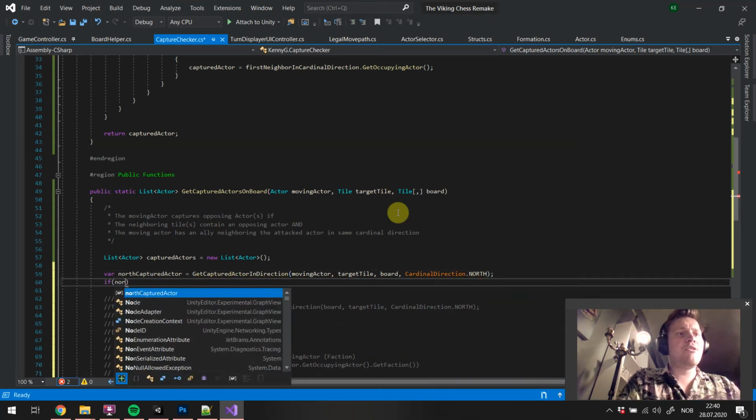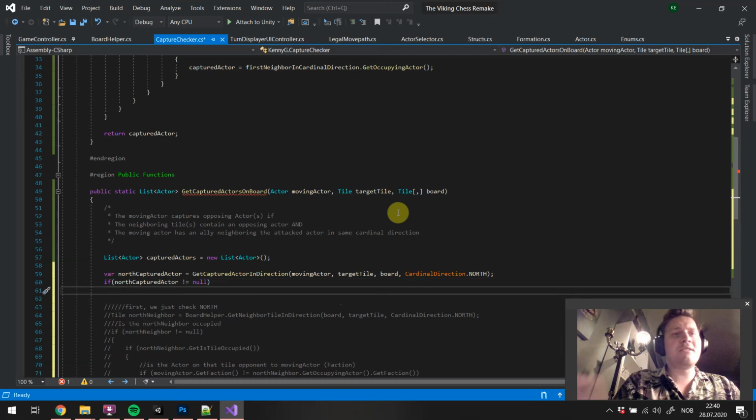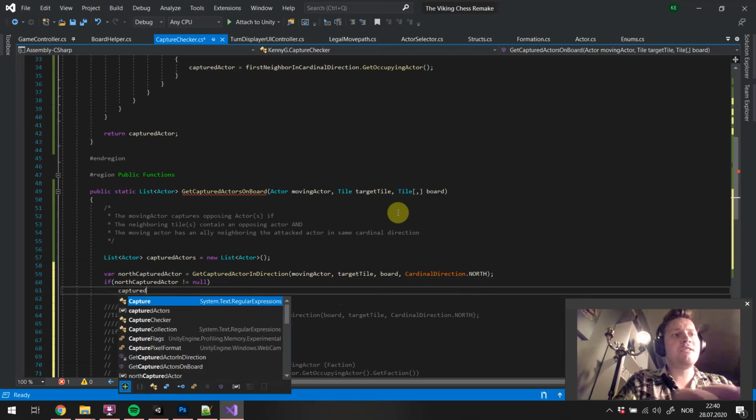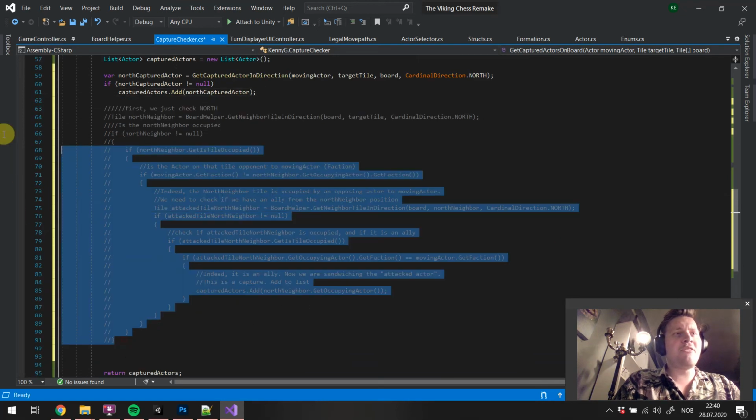If north captured actor is not equal to null, then add that guy to our captured list. So captured actors dot add north captured actor. Remember that this guy is indeed an actor. And then we do this for each direction, and then all of a sudden we've shortened